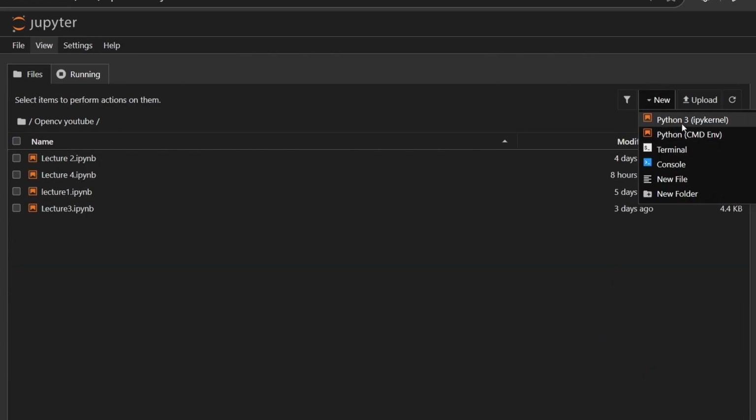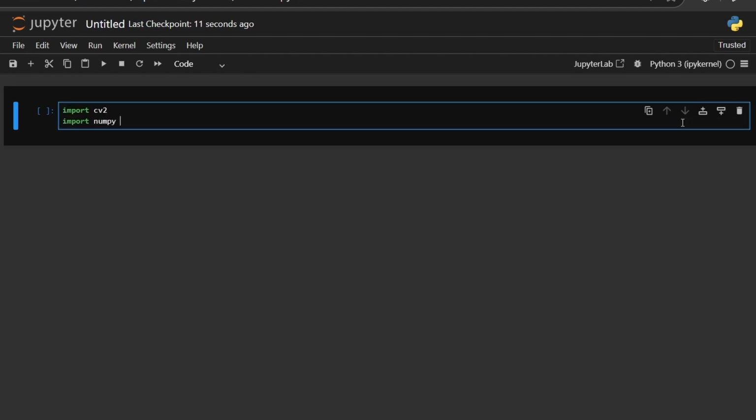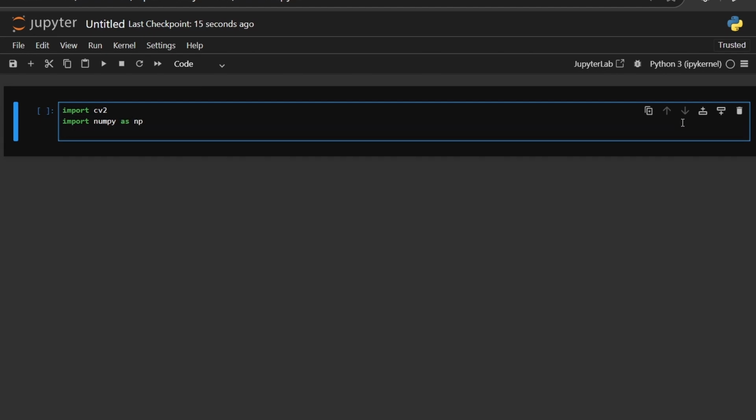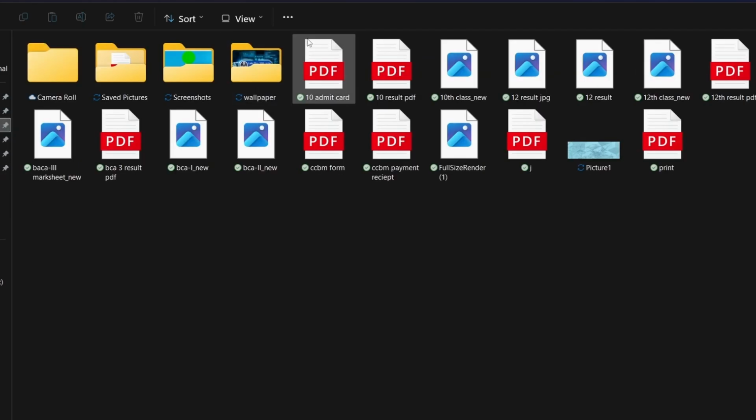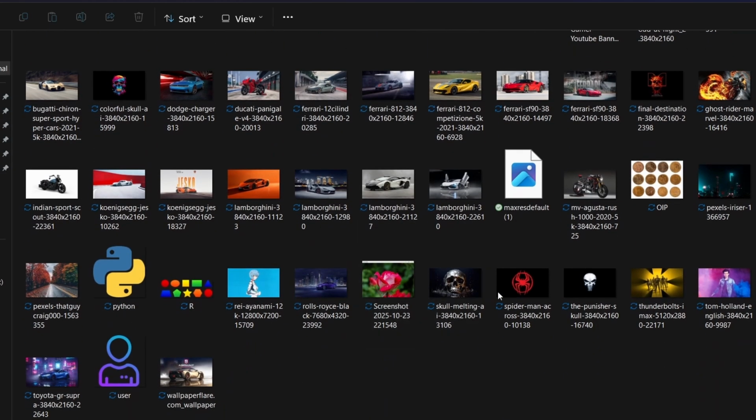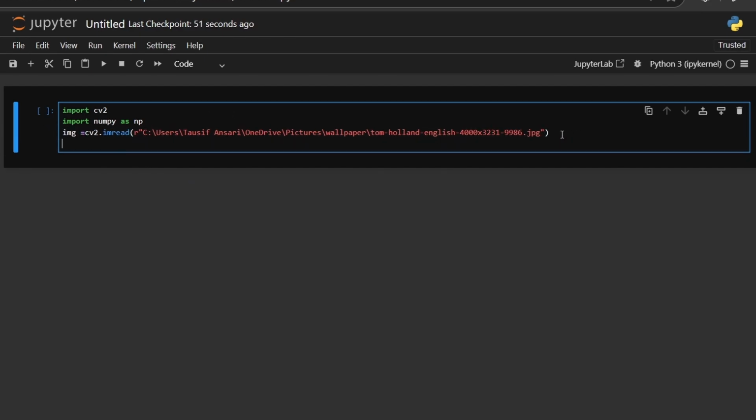This is our lecture number 4. The first thing that we need to do is import cv2, import numpy as np, and then we need to read the image. Let's read any image. Let's take Tom Holland as our image. So now we will save this image into a variable known as img, and we have to use the imshow method to visualize this image,